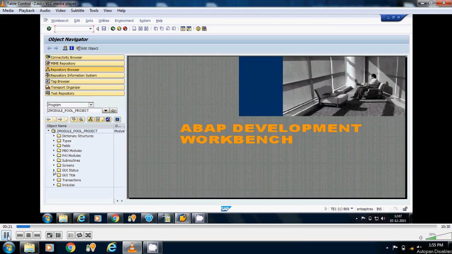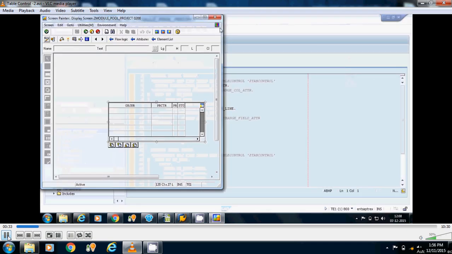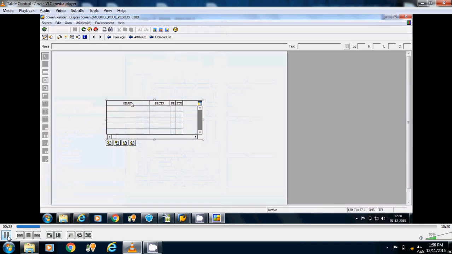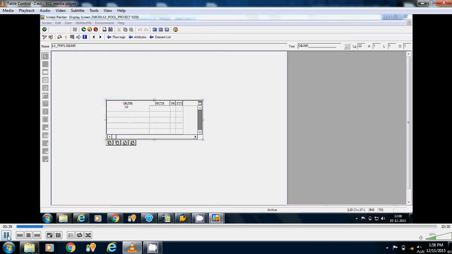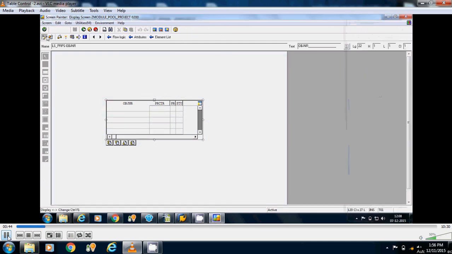I am going for screen 200 in which I have designed the table control. I am going for layout. Now I will change the particular titles. Suppose OBJNR stands for object number. I am going for change mode.